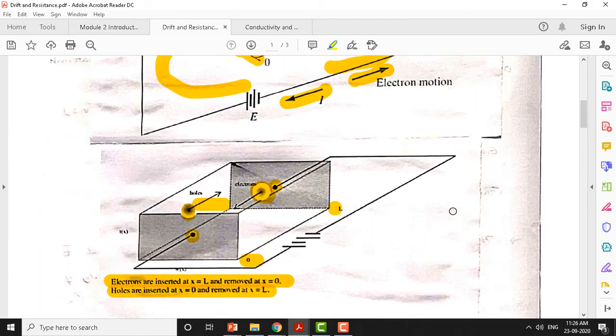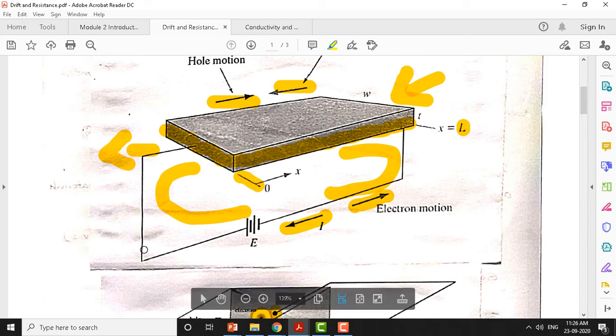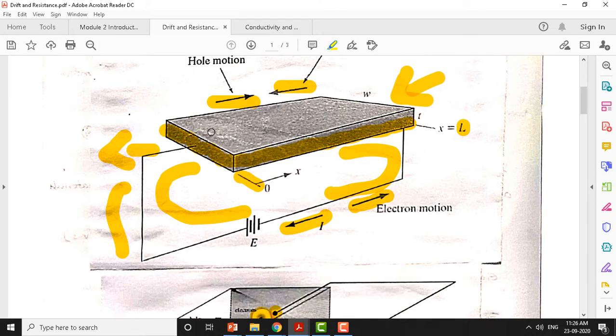So what we are trying to say here is, for every electron that enters at this end, there is a corresponding electron leaving here. This is the direction of electron leaving, and this is the direction of electron entering here. Now if you look at the other side, the holes enter like this. What we also said is that the amount of electrons entering here and leaving here must be constant.